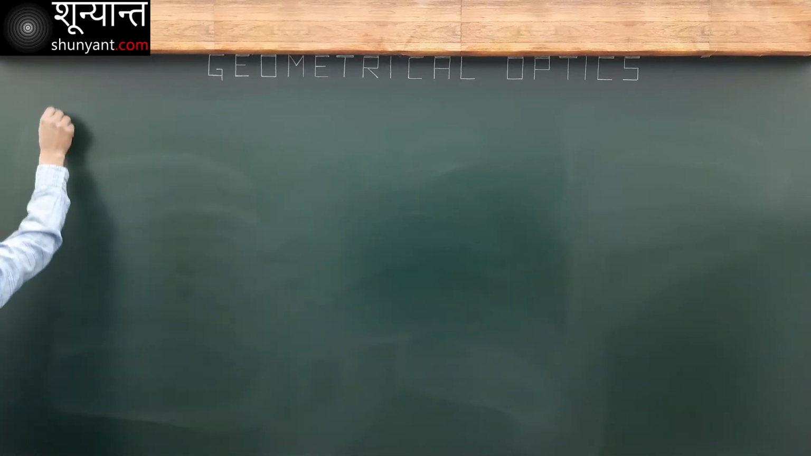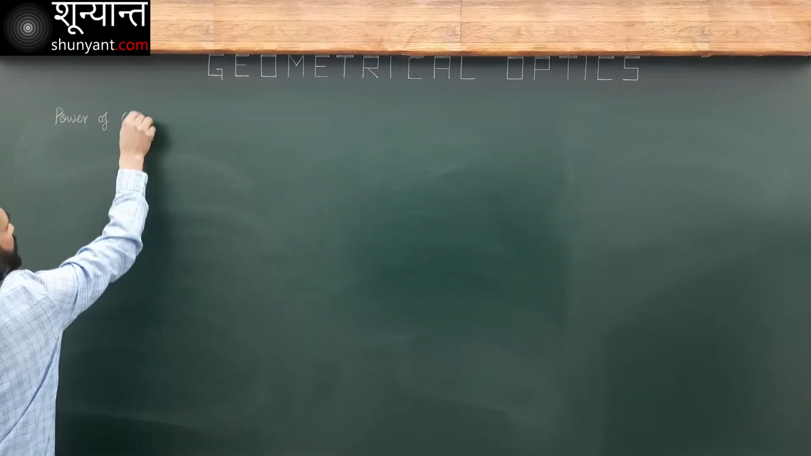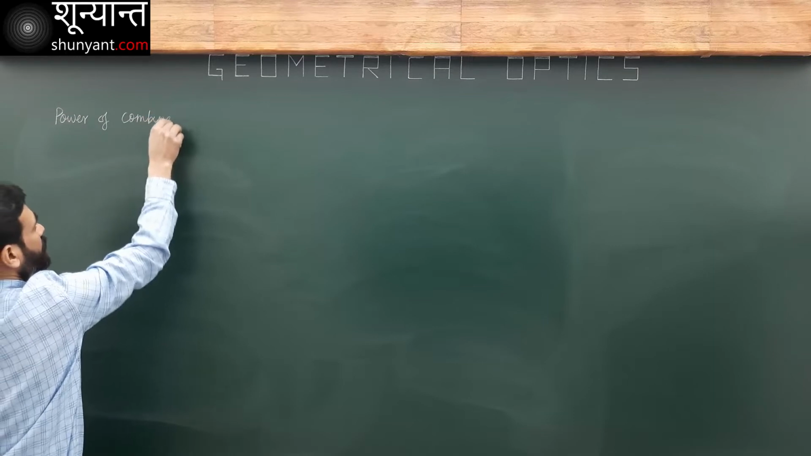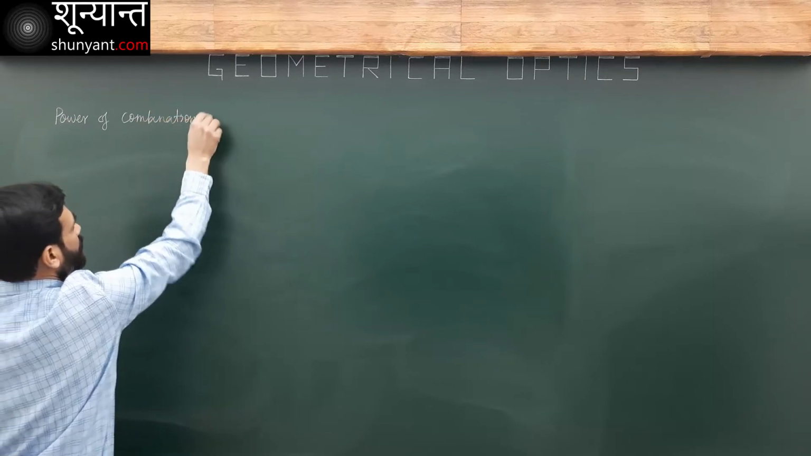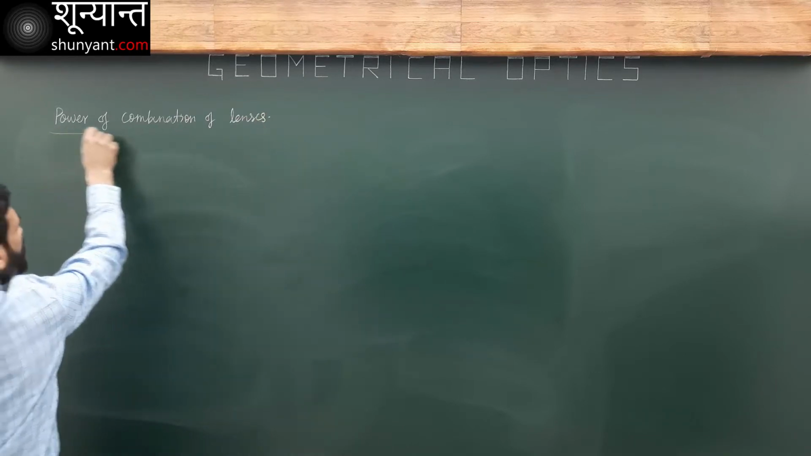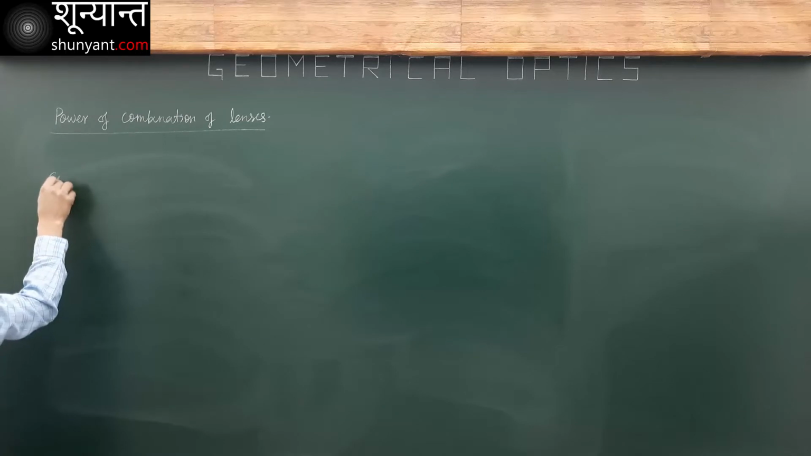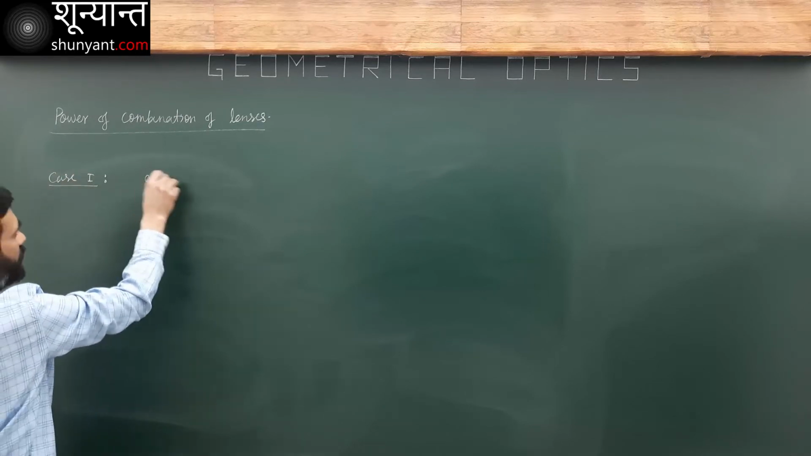Okay, power of combination of lenses. Let's say that I have one lens here. First, case 1: at separation